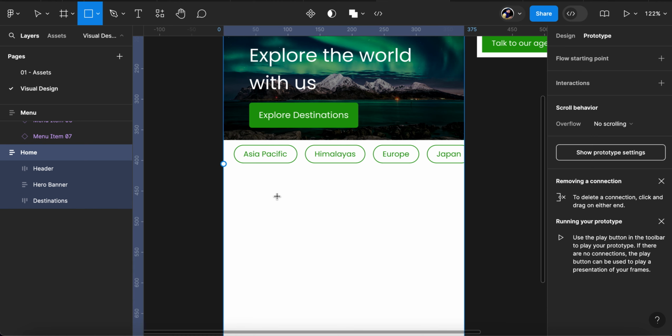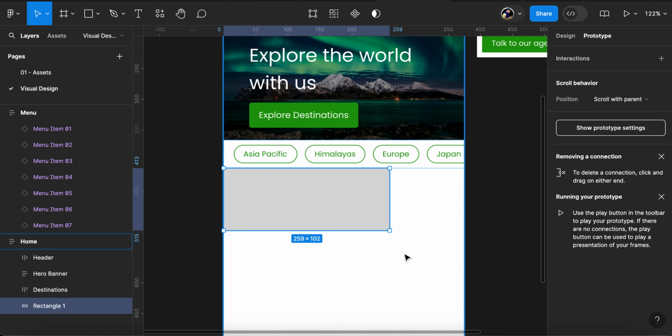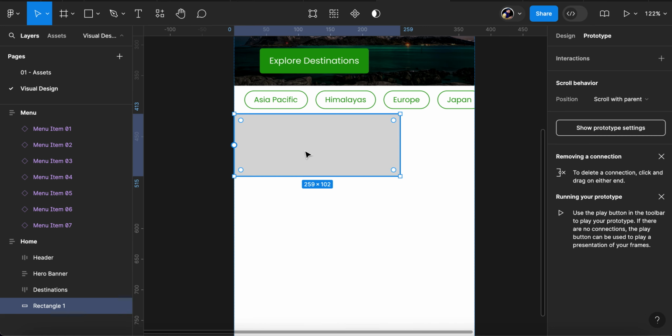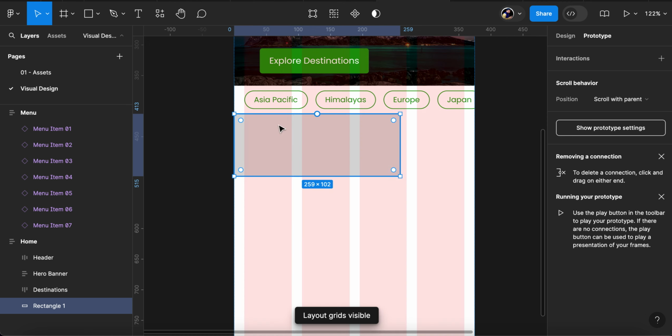So I'll start with one more block this time for the trending trip cards. I'll enable the grid, since I want the block equally divided for two items. I'll put this rectangle into a